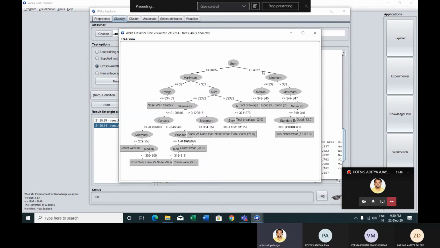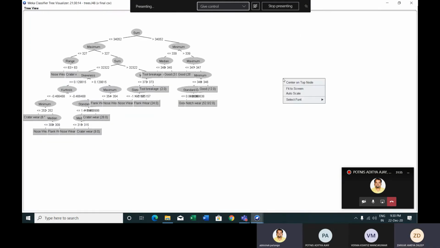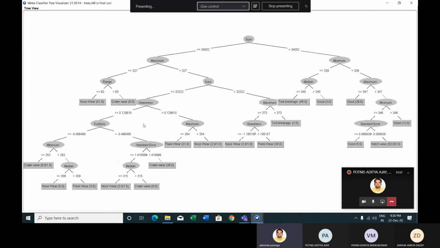So now, if you have such rule sets with you, these rule sets are nothing but binary rules. Binary rules means there are only two possibilities, yes or no. Right? Yes, sir. So if you have such rule sets or model, then the blind data set can be classified. So now what you have to do is convert this decision tree into a program.